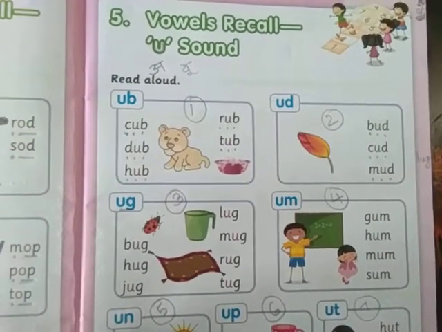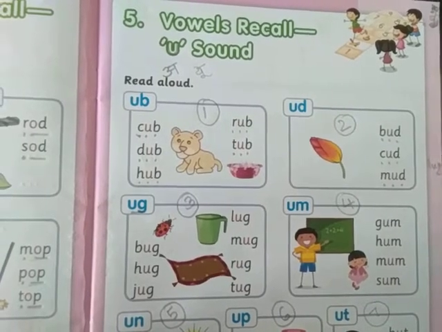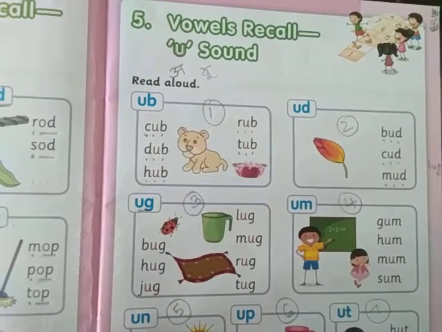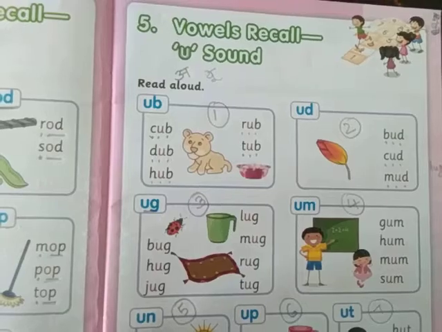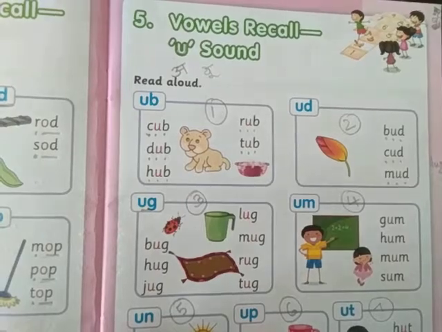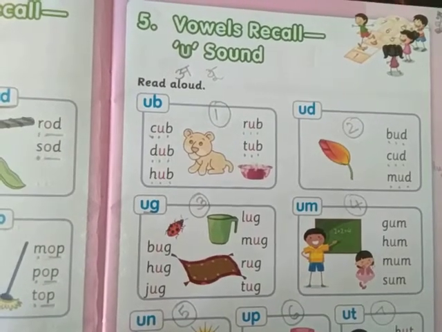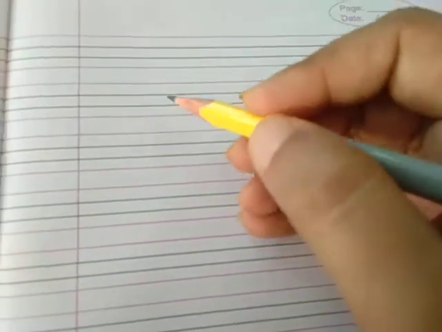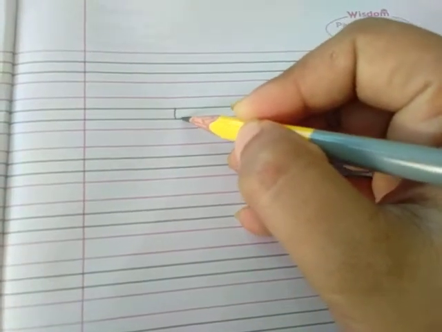As we have learned A, B, C, D, E, F, G, H, I, J, up to J you have learned in cursive, and the letters U and T. So using all these letters we are going to write some of the U sound words in cursive. From now onwards you have to practice writing in cursive. So let's get started. We are going to write U sound words.